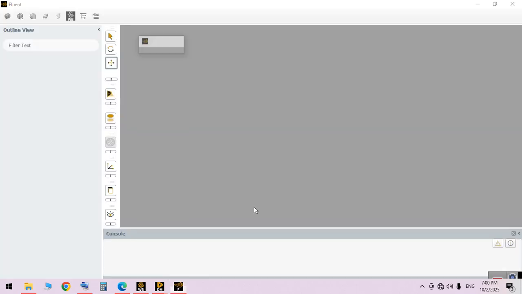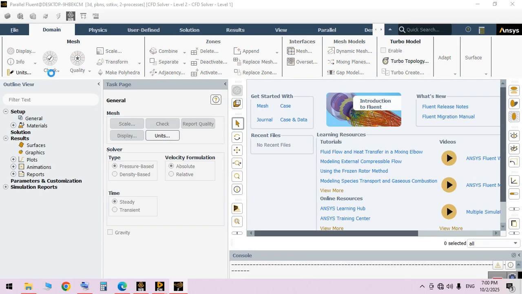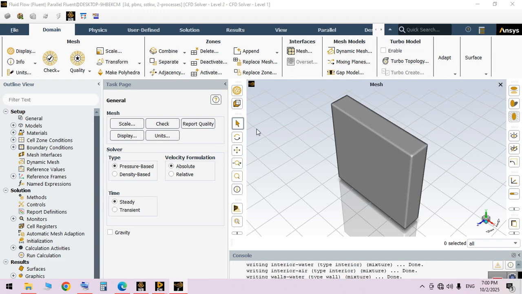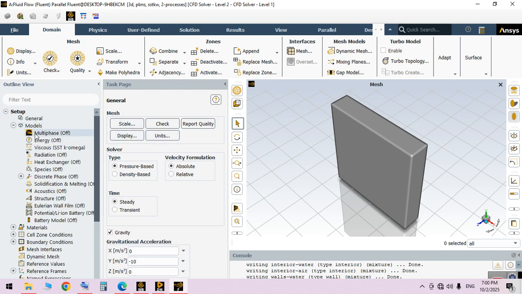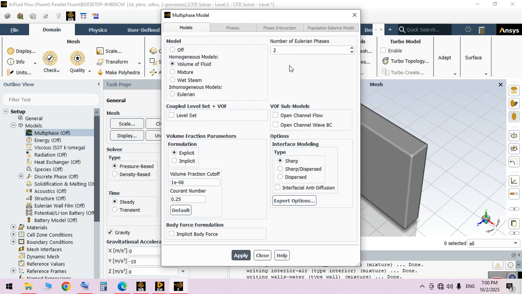You can use it, you can use a serial one. And here let me tell you what to do. We have gravity in y direction and minus 10 meters over square seconds, and nothing else here. In model multi-phase we have two phases, water and air. Okay, apply,